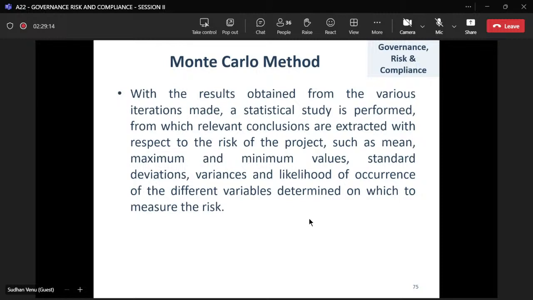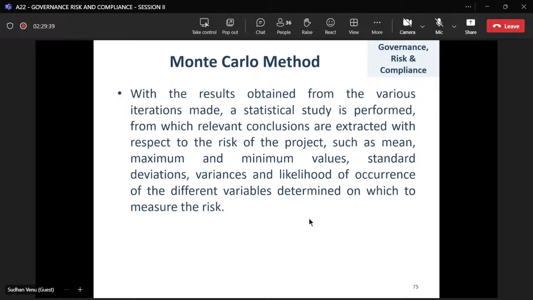With respect to the risk of the project, we have to find the mean, maximum, and minimum values, the standard deviation, variances, and likelihood of occurrences, and the different variables determined on which to measure the risk. This will be carried out in terms of the Monte Carlo method